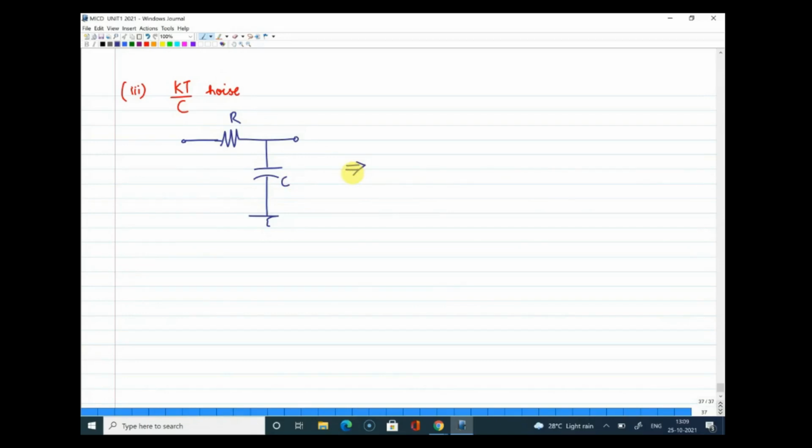Or how will you study the effect of noise of this RC component? Or why is this RC component important here? If you look at an RC here, where you have an input and output connected in this form. Why I have taken this RC circuit here is because what you have here is also a switch and a capacitor. And what is a switch here? Switch is a MOSFET. And when the MOSFET is on, the MOSFET is actually in the linear region of operation. So it is having an equivalent resistance R on, right? That is why I have an analogy of taking an RC circuit over here.